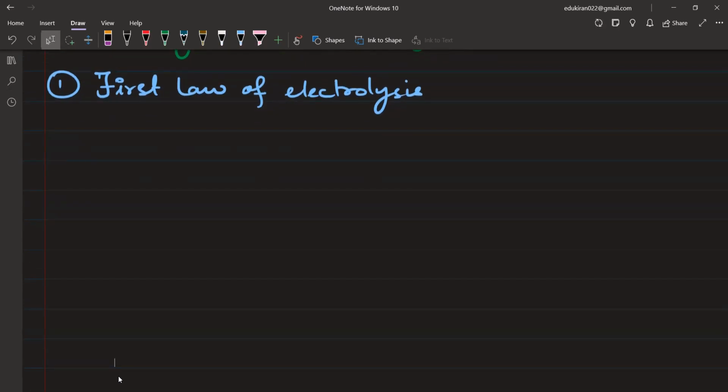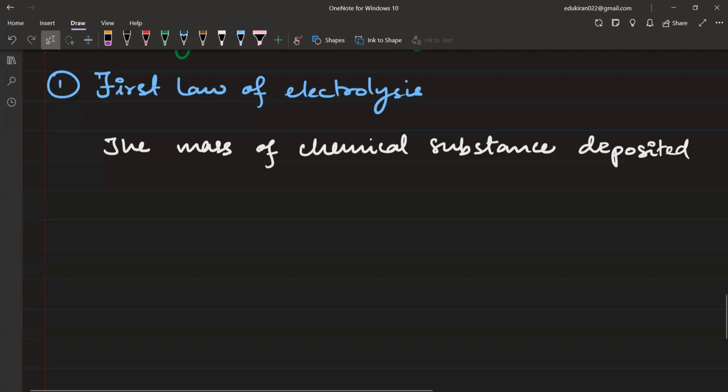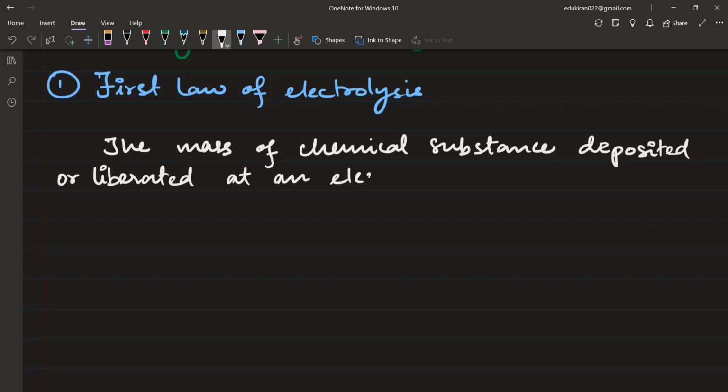Okay, so please write the mass of chemical substance deposited or liberated at an electrode